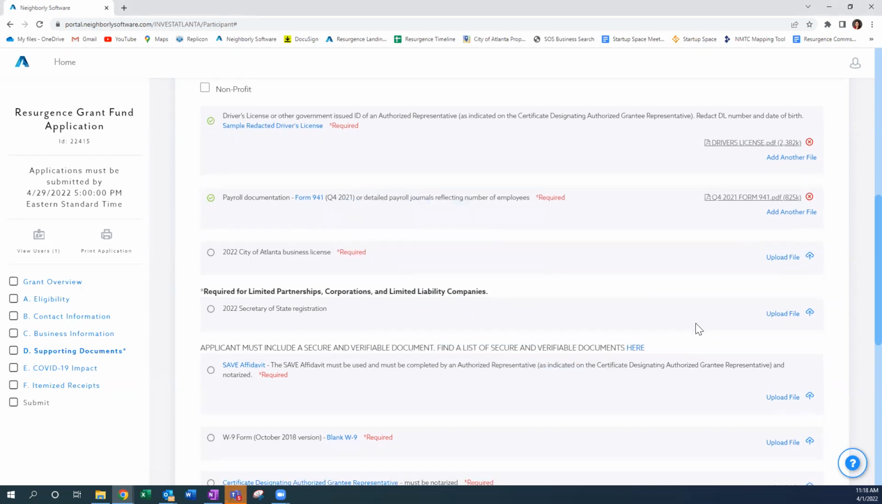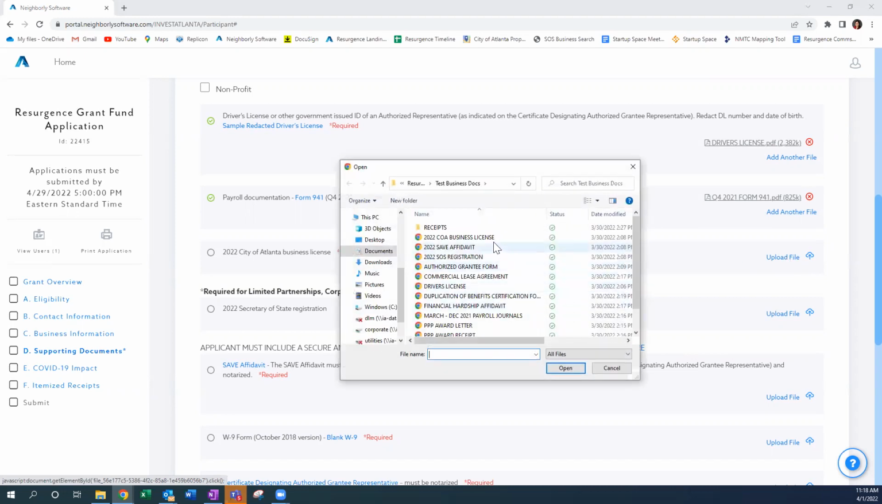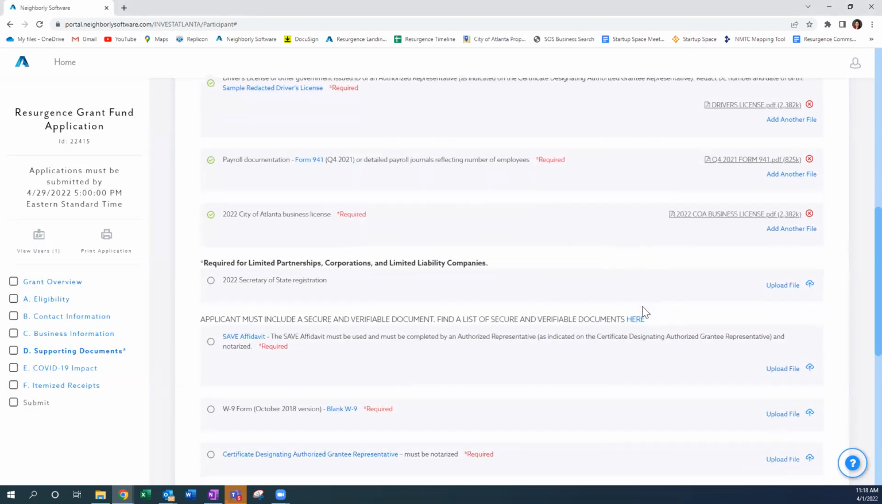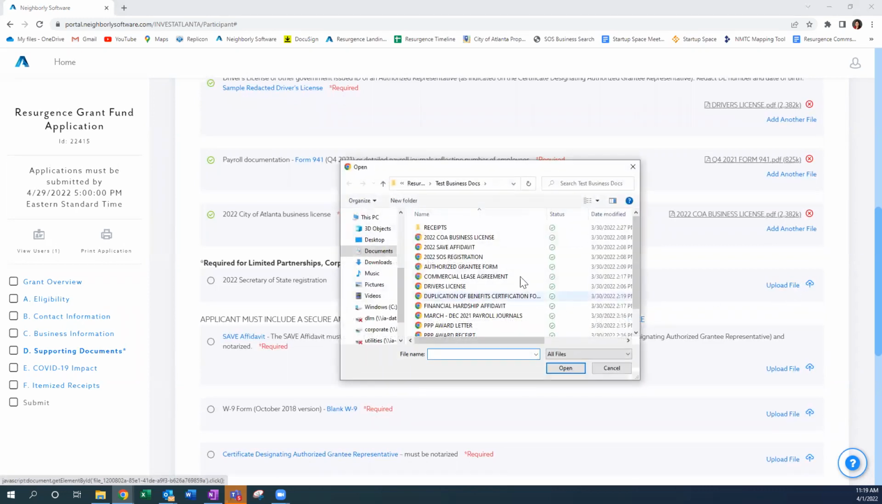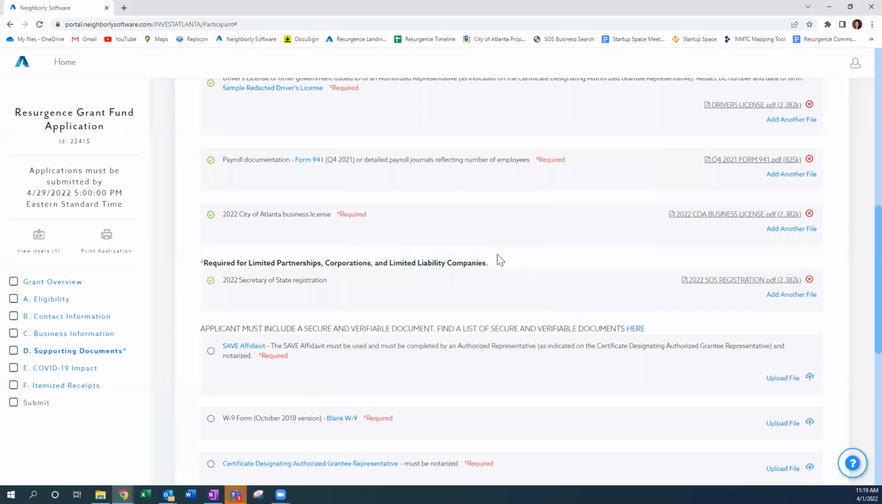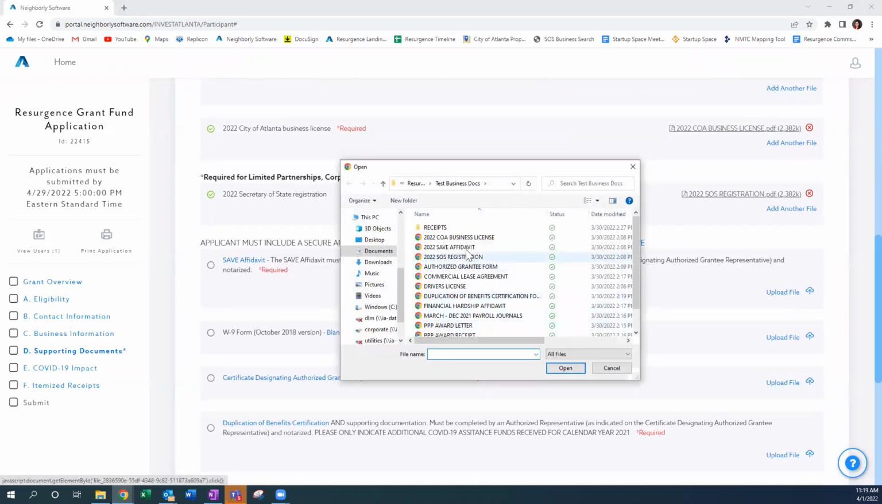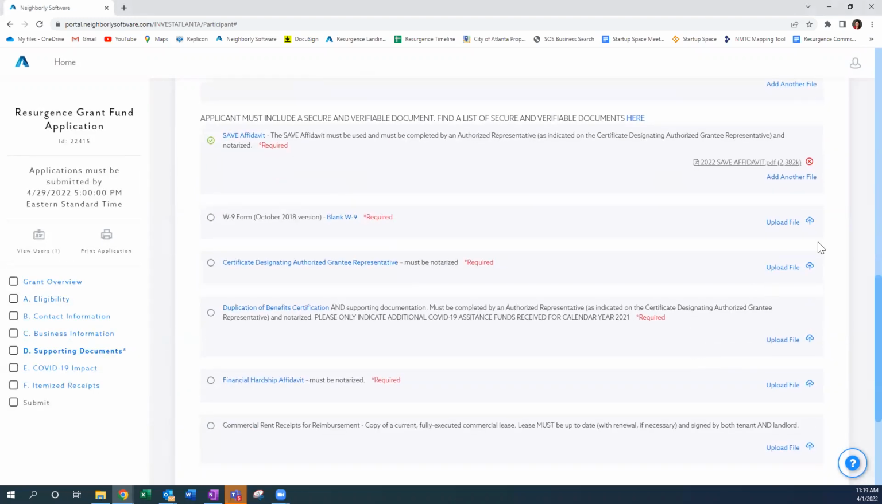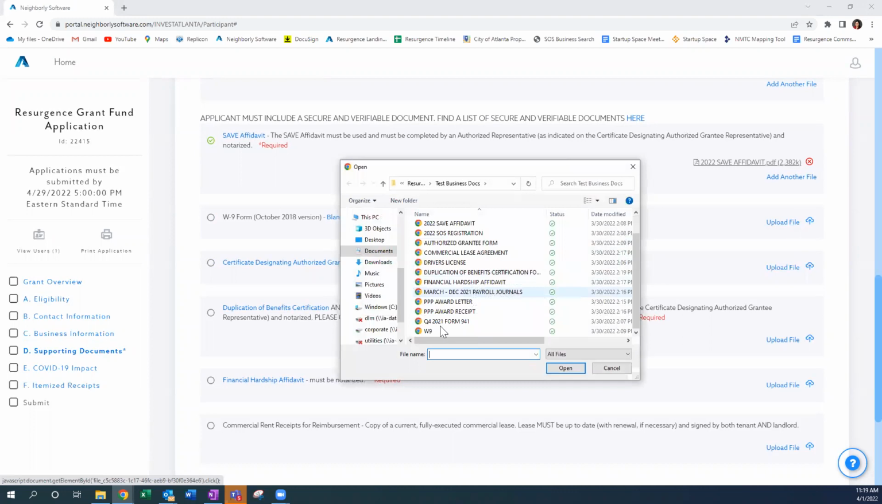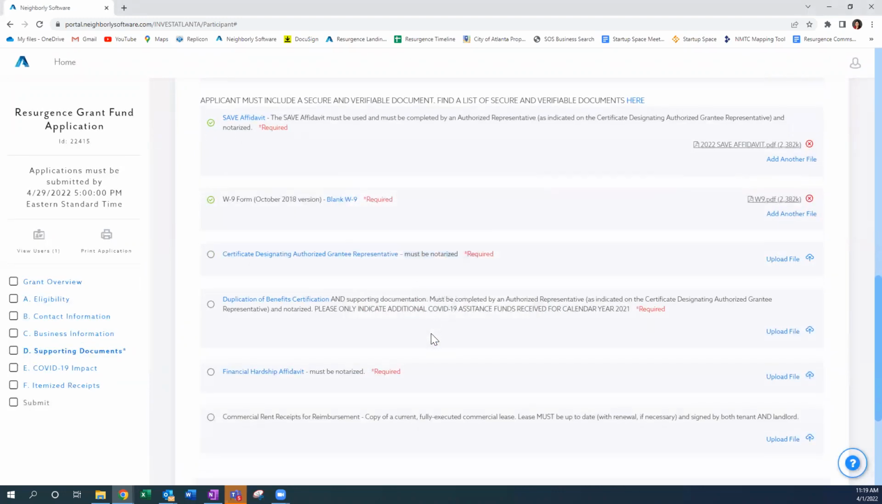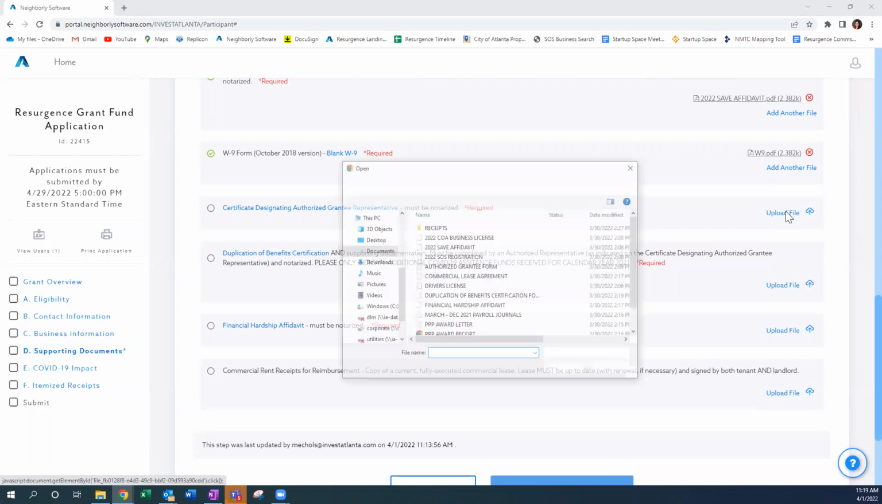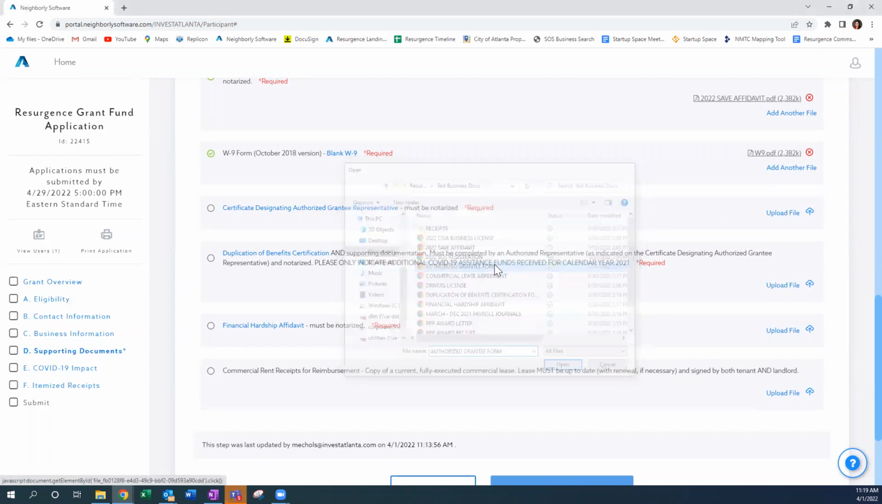And it's important to do your best to make sure that you're naming your documents in a way that's easily identifiable. This will help tremendously as we navigate through and review each application. So next I have my City of Atlanta business license, my 2022 Secretary of State registration, my SAVE affidavit, my W-9, my certificate designating an authorized grantee representative,